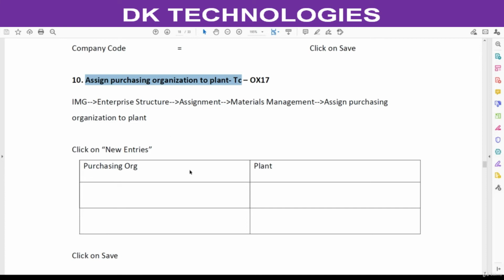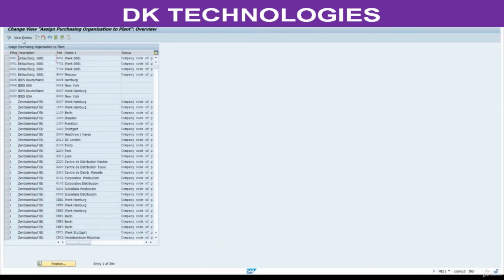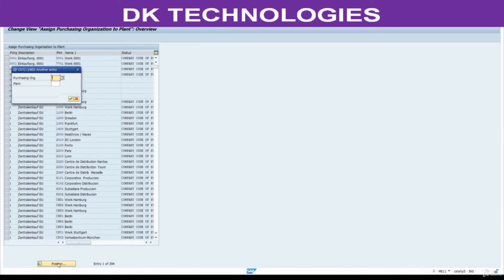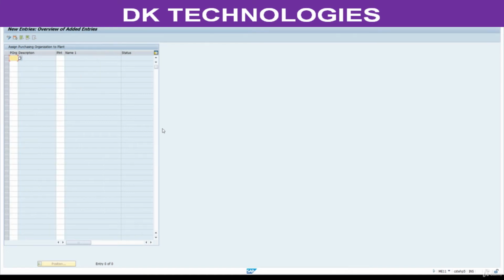We didn't complete this step. Now we are going to complete this one. Go to new entries. Before going to new entries, we will check 8800. There are no entries. Click on new. Purchasing organization 8800, plant 8801. Complete this step.